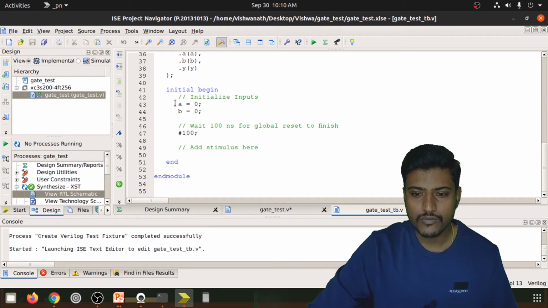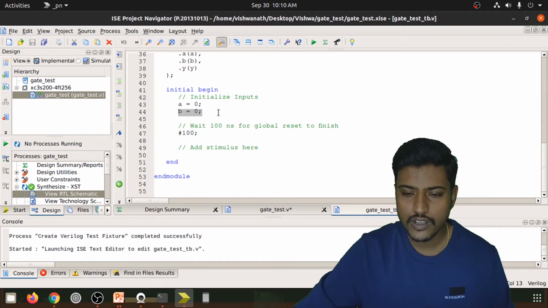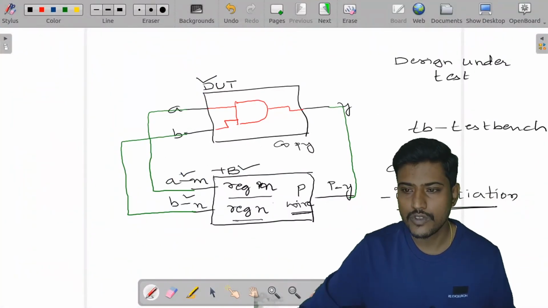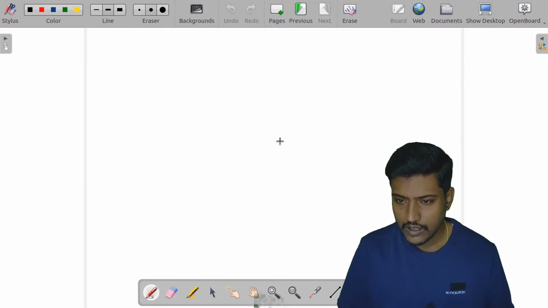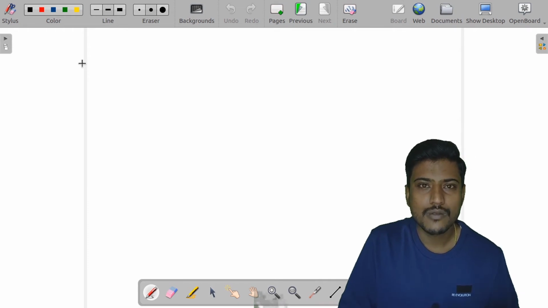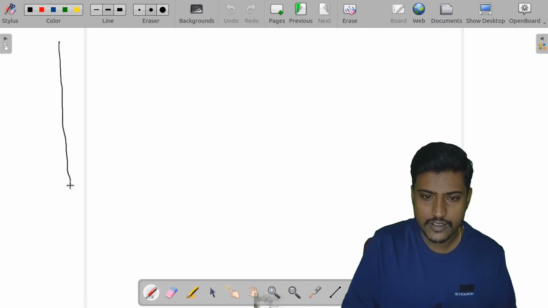Okay. So let us try to understand how to drive the inputs. See here you can observe A is equal to 0 and B is equal to 0. So initially it has taken A equal to 0 and B equal to 0. Now how the timing diagram works is how we need to observe the files, right. We will be observing these in terms of timing simulations, in terms of time. Let me take this as my file.